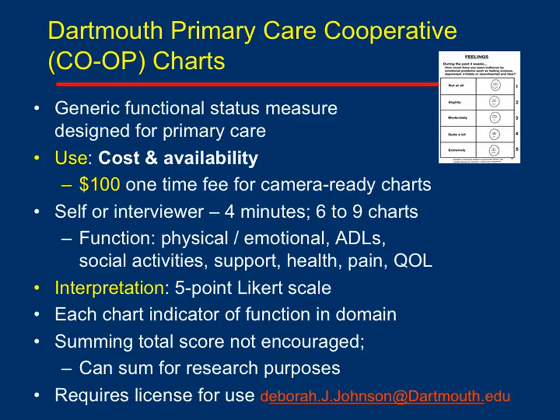so you copy the charts and use them as your tools. It's either self-administered or interviewer-administered. It takes about 4 minutes to complete. You would use between 6 and 9 charts depending on your choice and your goals. It measures physical and emotional findings, ADLs, social activities, support, health, pain, and quality of life. So it's a 5-point Likert scale, pretty straightforward to use and score. The chart indicator focuses on the function in the specific domain. They don't encourage summing all of your total scores because each domain is different, but it can be summed if